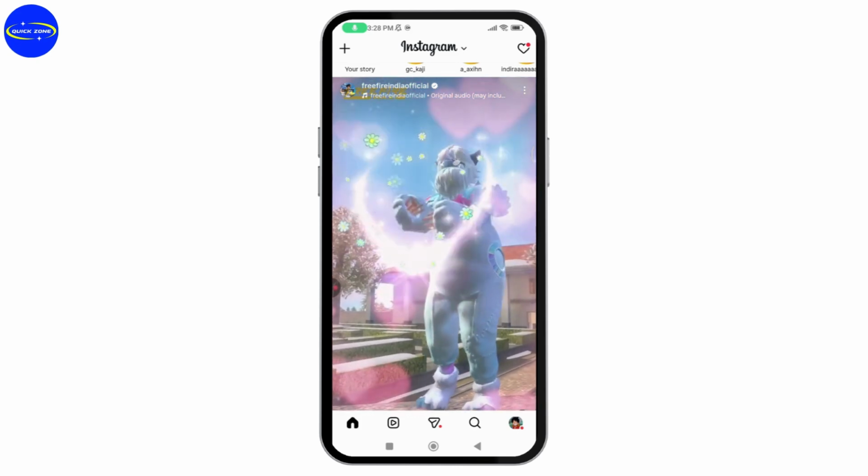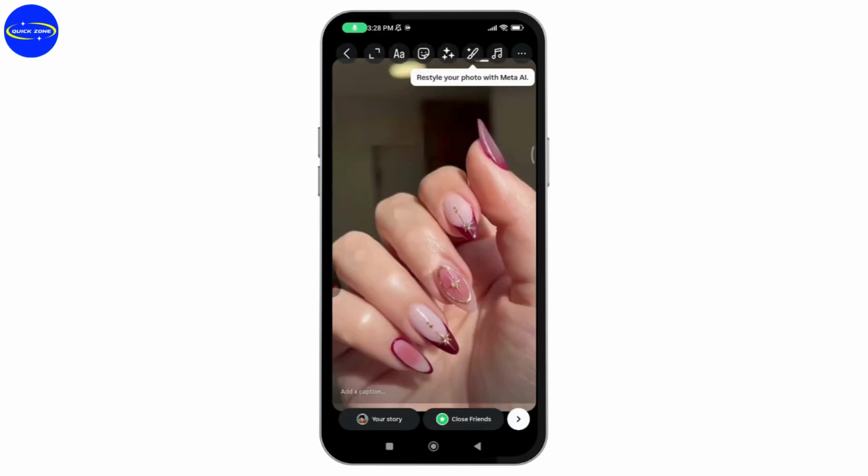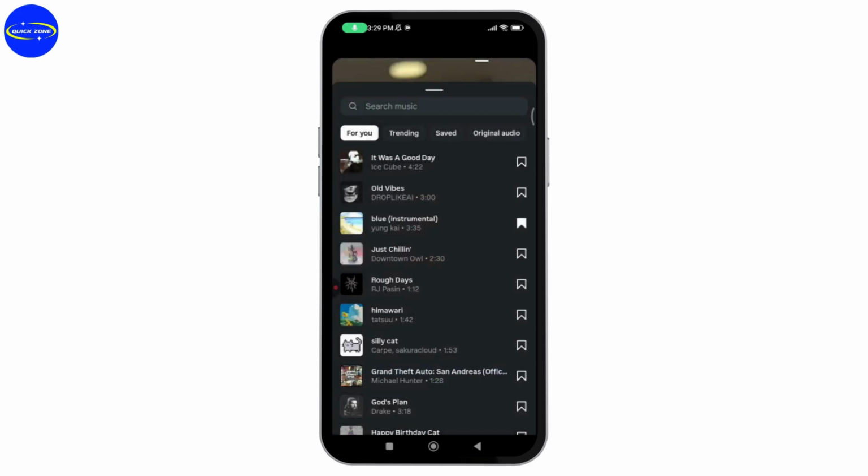So once you've updated the application, you just need to simply go with your story, which is on the top left, and then select something that you would like to add to your story. Now, if you want to add music, you need to just go with music icon, which is on the top right. Now search for a song. Now once you search for the song, if you don't find the song that you've searched, then here is the